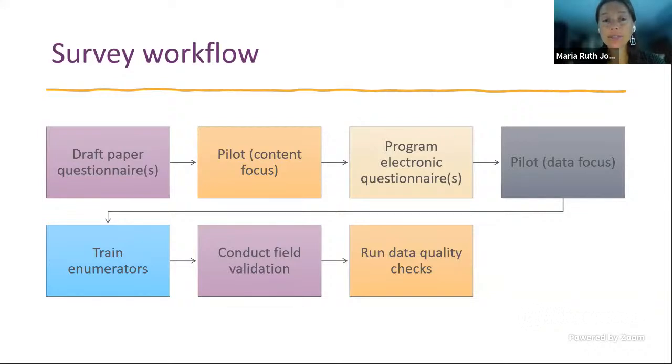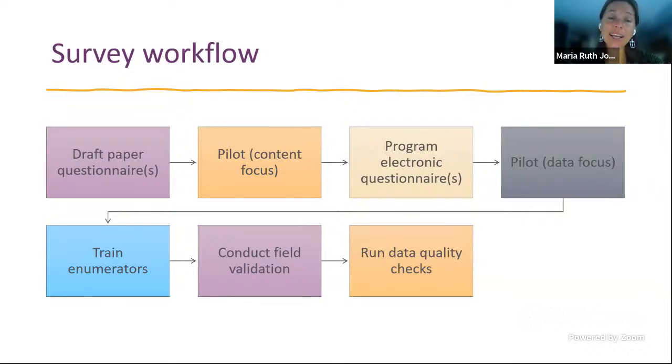Then once the content is fully developed, programming it for electronic data collection using whatever software you've chosen for your project. Then doing another pilot that's focused on the data, having a practice round to export that data, make sure it's all where everything in the technology is working as expected and that the data looks in the format you expect. Then training the enumerators